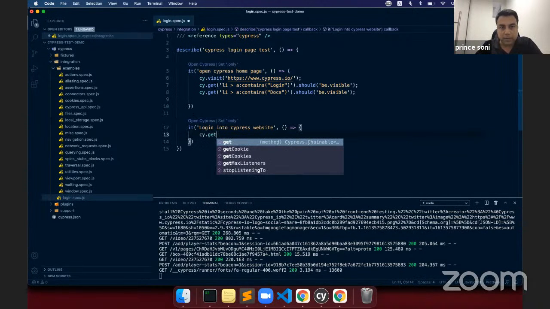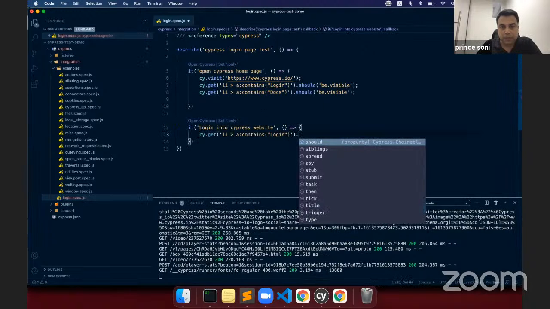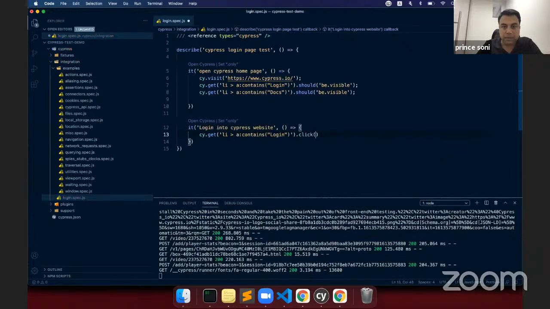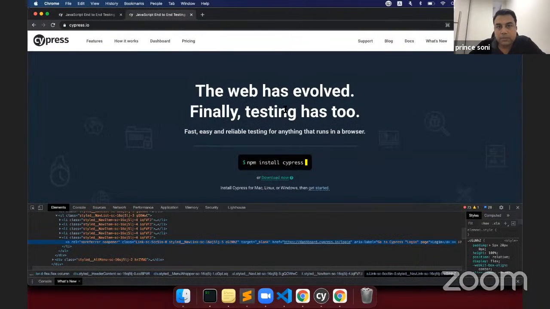cy.get, the same locator I'm using here. Now, simply we have to click on it. So dot click. But here's the problem. Whosoever has worked on Cypress knows that because of the cross-origin policy, it doesn't support multiple